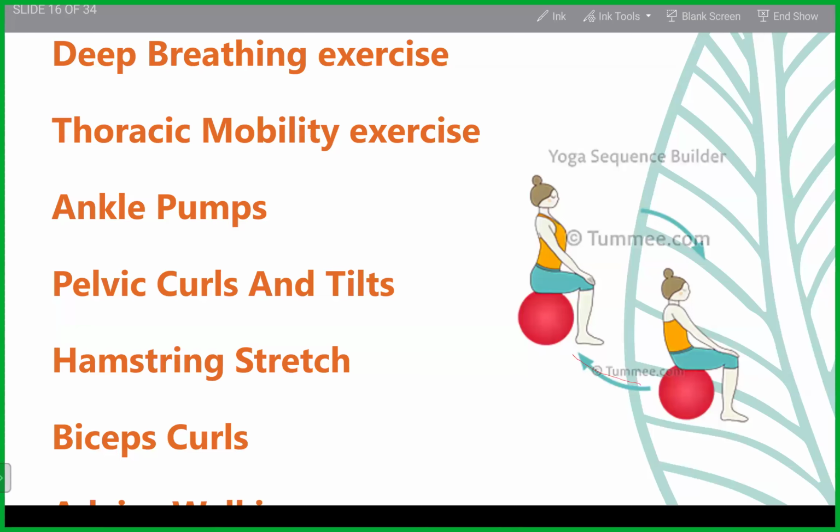You can go with your normal exercise: thoracic mobility, neck movements, biceps curls, triceps curls, wrist stretches, ankle toe movement, toe standing, hamstring stretch. There are so many to do. So you can progressively do it slowly, day by day. In the first week, second week, don't do bridges. Do it by 16, 17 weeks. No problem. The thing is, with antenatal, there is no strict protocol that needs to be followed. So it is based on your client and how their physical status is.